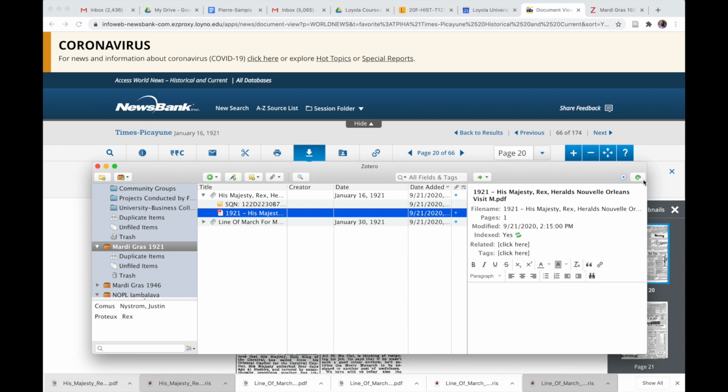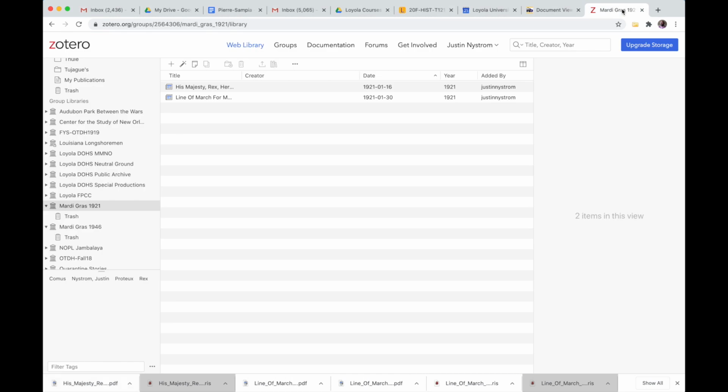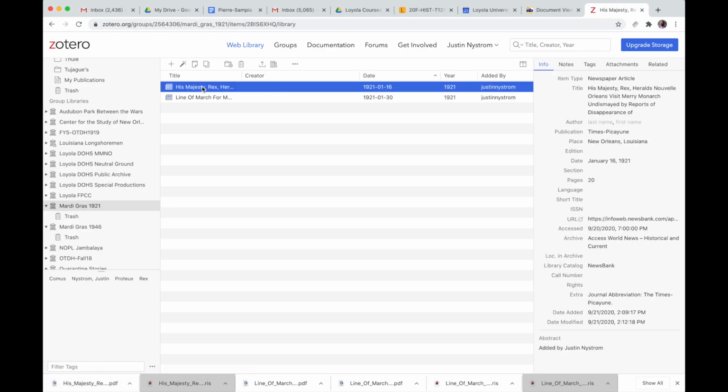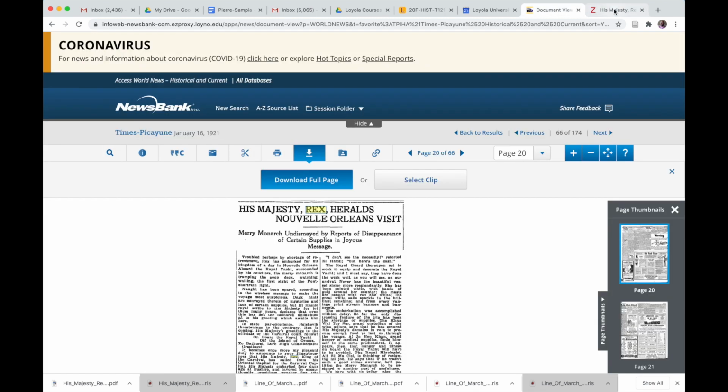You notice my Zotero, after doing this, is synchronizing with zotero.org. So that PDF at this moment is uploading to the cloud. If I go over here, you'll notice that it will be here, and we'll have an attachment. There it is. Our attachment is also available in the cloud. Very cool. All right, so this is how we go ahead and add things from Newsbank in Zotero. Now, the process for